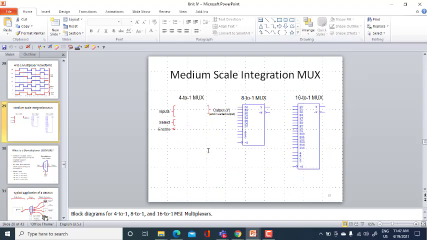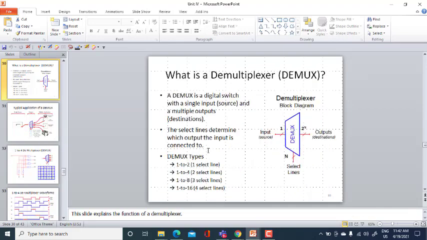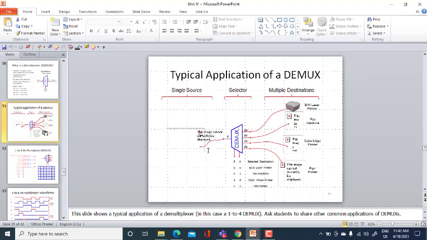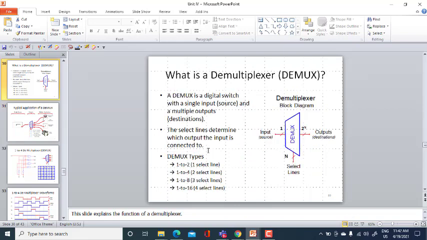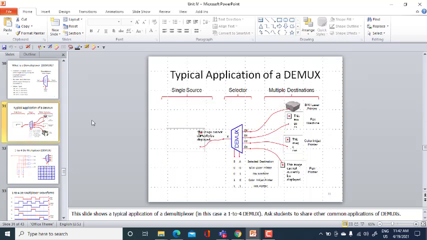And coming to the demux, a demux is just the inverse of a mux. This is again a digital switch with a single input source. You have only a single input but multiple outputs. Again, the select lines determine which output should be connected to the input.